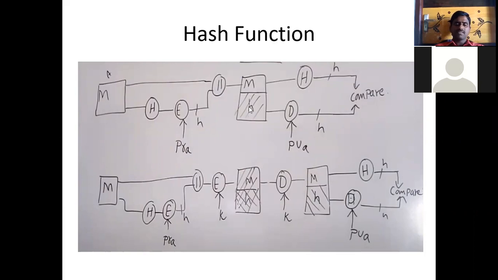So in the first one, we are providing the public key at the decryption side. So there is a chance of the attackers to find this public key. So for that, we have given some more security with the next way. So here it will be secure. So these are the three types of message authentication. Okay.